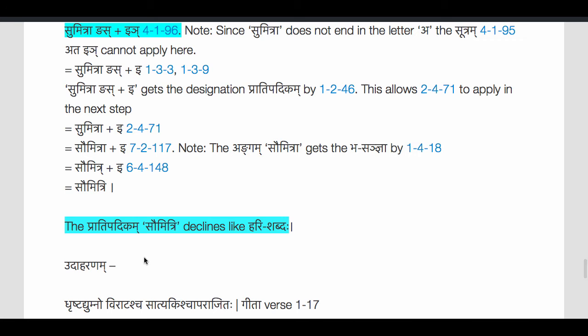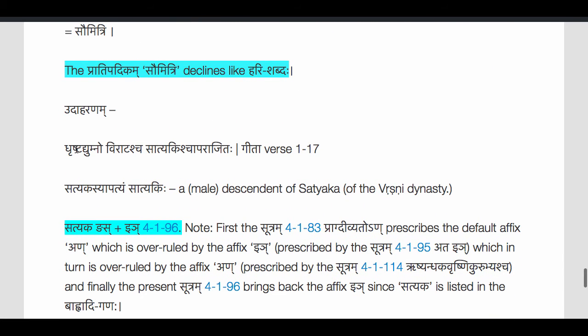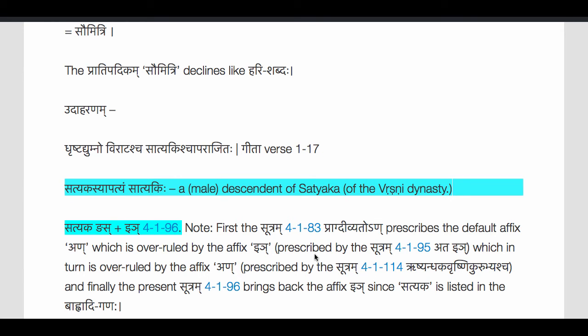Let's take another example here from Gita, verse 1.17. Dhrishtadyumno viratascha satyakischa parajitaha. Satyakasyapatyam Satyakihi. Male descendant of Satyaka, who belongs to the Vrishni dynasty. The derivational steps are very similar to what we just saw. We start with the Shashtiyantam Padam Satyaka Nyas, add the affix ing by 4.196 Bhavadibhyascha because Satyaka is listed in